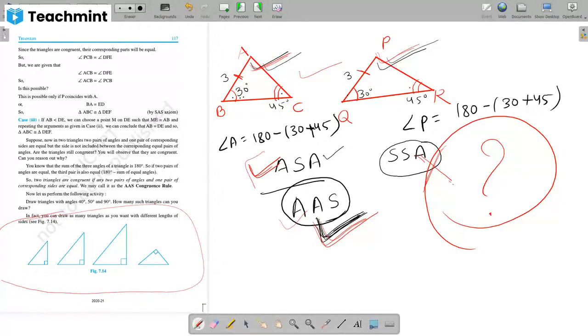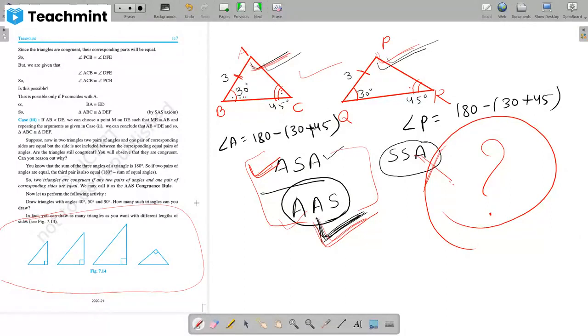So actually these both are the same criteria. The only thing is the way we write, the way we present. If you find angle A, this will become the angle side angle congruency criteria because two angles and the side including these two angles. If you don't find angle A, then it is the angle angle side congruency criteria. So wherever there is ASA, there we can also use AAS. It's up to you, but it depends on the order. Clear?